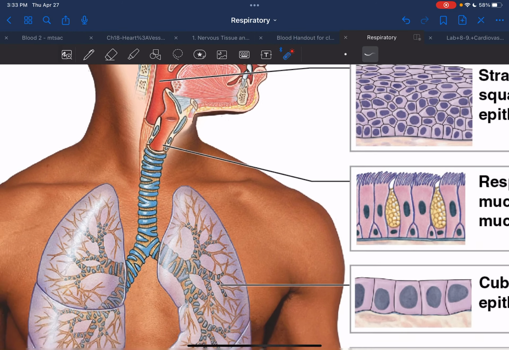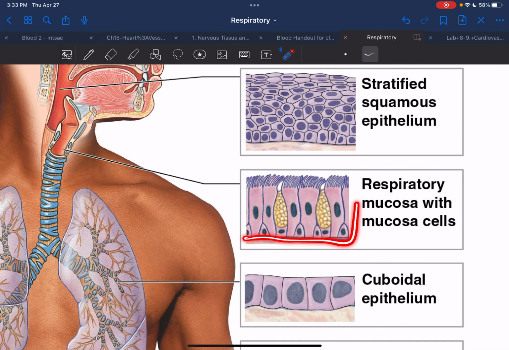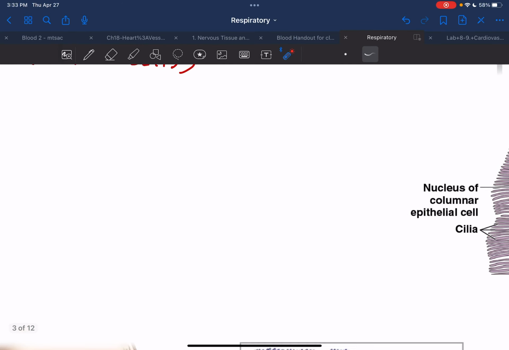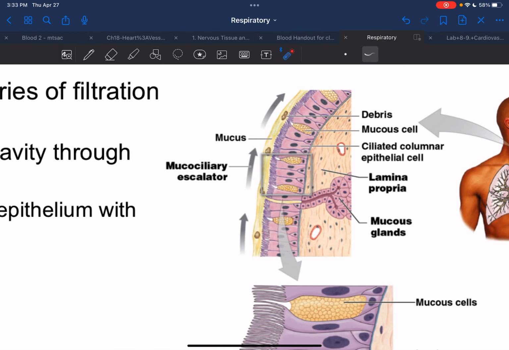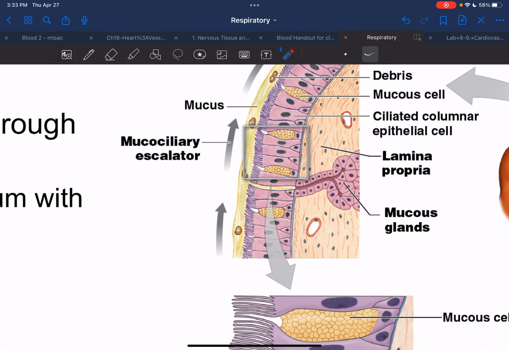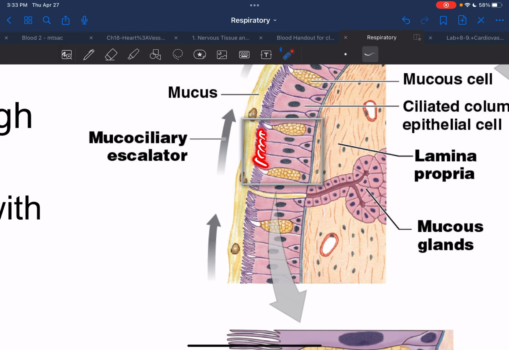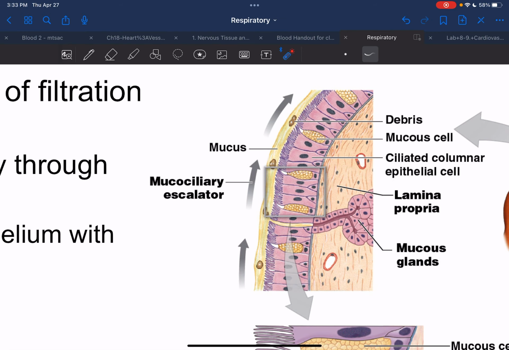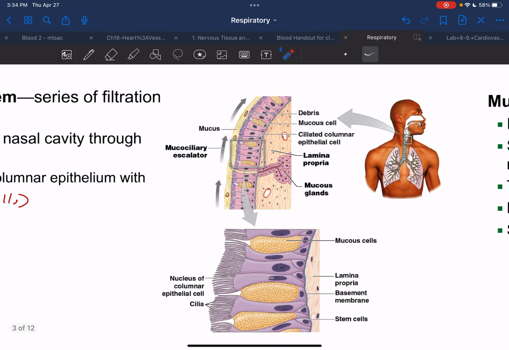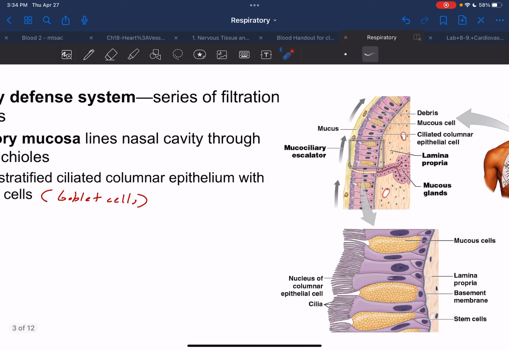In our larynx, we transition back into pseudostratified columnar epithelia, which creates that mucociliary apparatus. We produce mucus through the goblet cells and through the mucus glands located in the connective tissue layer. They produce mucus into the lumen, and any trapped debris will be removed by the beating cilia, which move that mucus and all the trapped debris into your esophagus where you'll swallow it,